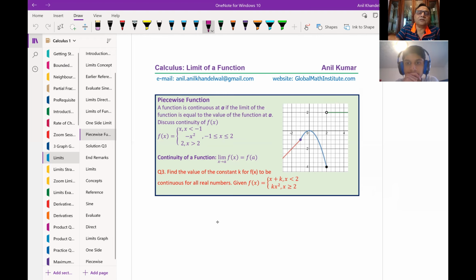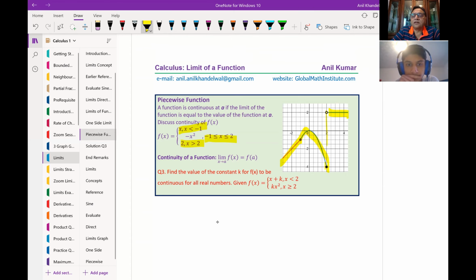So the left part is when x is less than -1, you get the straight line with a slope of 1, correct? And in between, when you're talking about -1 to 2, both included with solid dots, we have a parabola which is going down, minus x squared, correct? The third part of this piecewise function is a horizontal line whose value is 2 with a hole starting at 2 since it is greater than 2, right? Now, if you look at this particular function, can you tell me